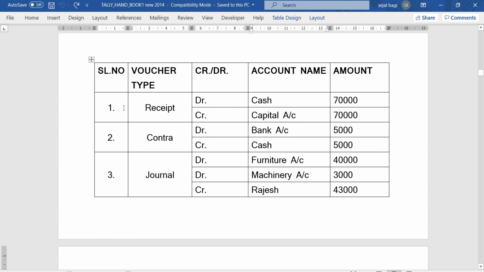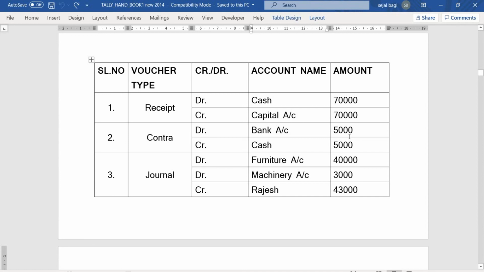As per the first transaction, what is the name of the voucher? Receipt voucher. What will be debit? What will be credit? Debit, cash, 70,000. Credit, capital account, 70,000. Second transaction, provide the voucher type, contra voucher. Debit, bank account 5,000.